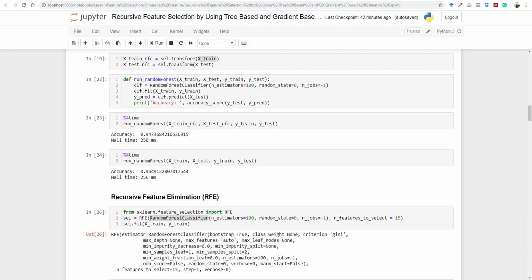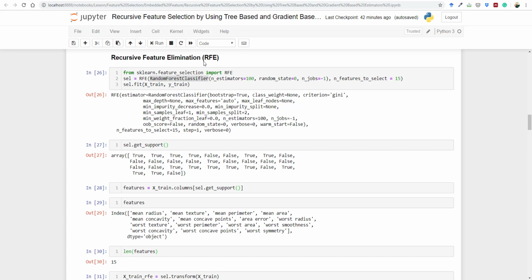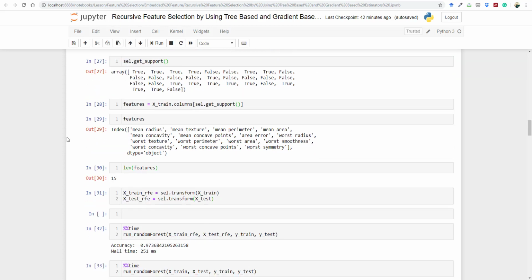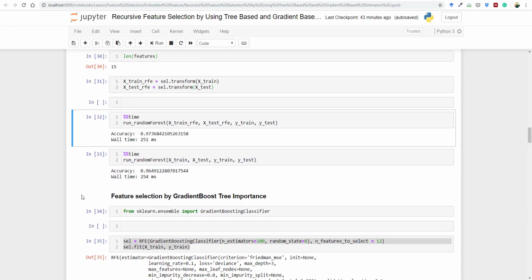And then in the recursive feature elimination step, we try to remove the features one by one, the least performing features. First the least performing feature gets removed, then again it trains the model, then again the least performing feature gets removed. So with RFE we get better accuracy than on the original dataset. On the original dataset we had got 96% accuracy, but after the RFE we got 97% accuracy. Then in the final section of this lesson we